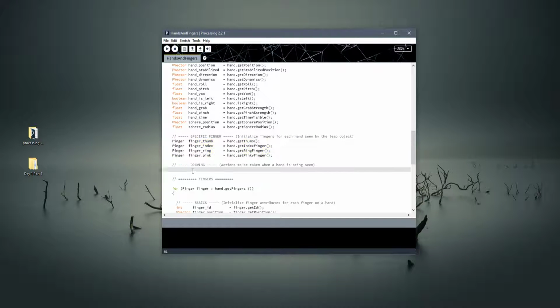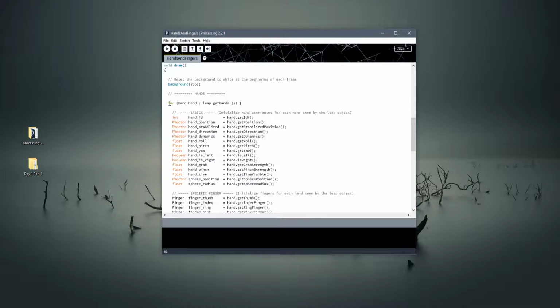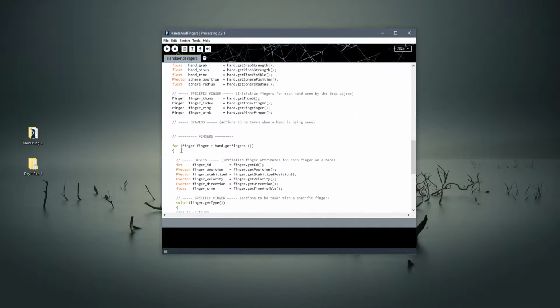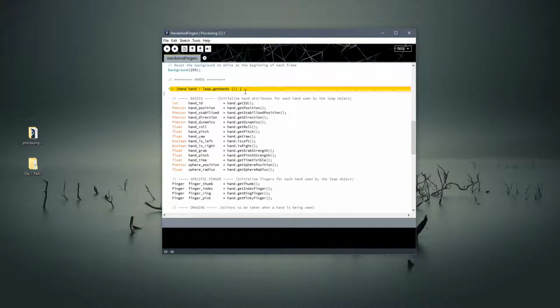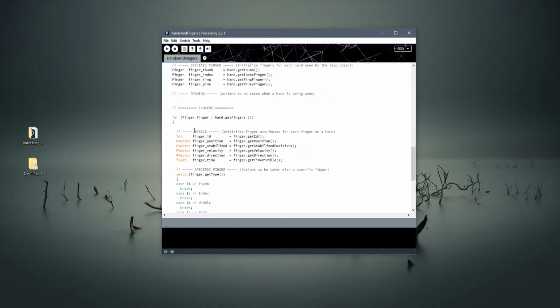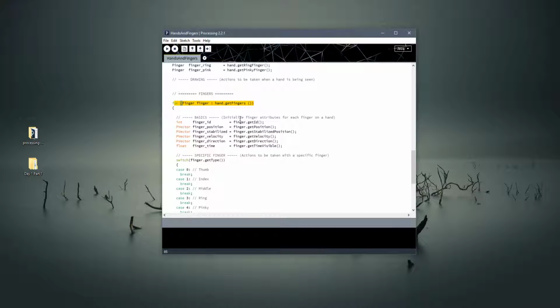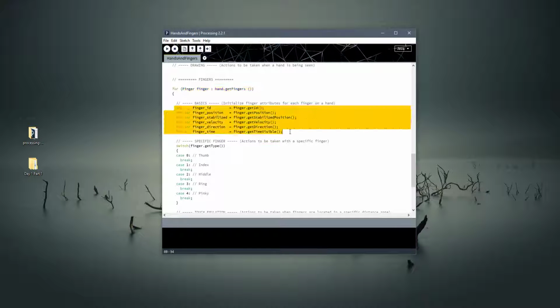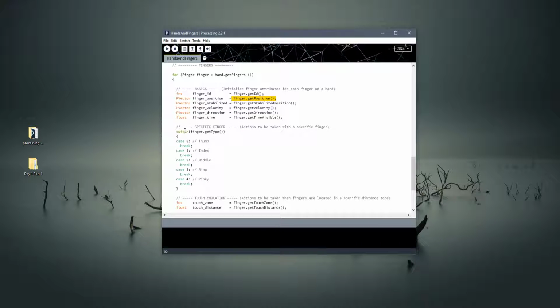After this, there's a drawing section. We'll be putting some stuff in here. And inside of the hands enhanced for loop, you'll see that we have a finger enhanced for loop. So for each hand that's present, and for each finger that's present on each hand, we'll be doing some things. Here's some framework in the background that you can use to get various attributes from each of your fingers. We'll be using get position, for example, here in a little bit, and you'll see here that we have a